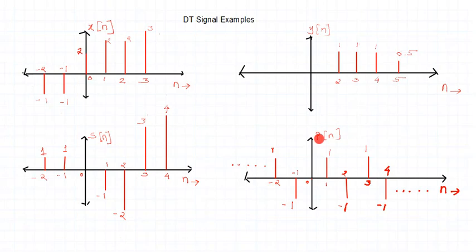Look at p[n]. Here what you see additionally, friends, are these dots. Can you see these dots? So what do these dots indicate? There are no dots anywhere else, but these dots exist only for the p[n] signal. What is the meaning of this? These dots indicate that the signal is infinite in duration.